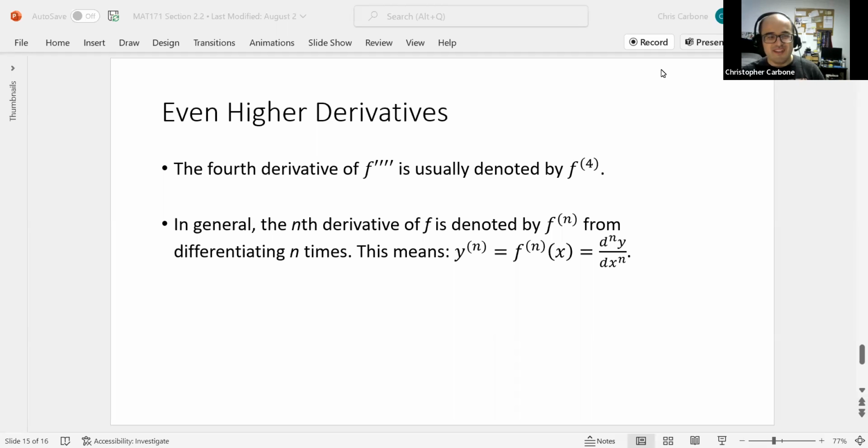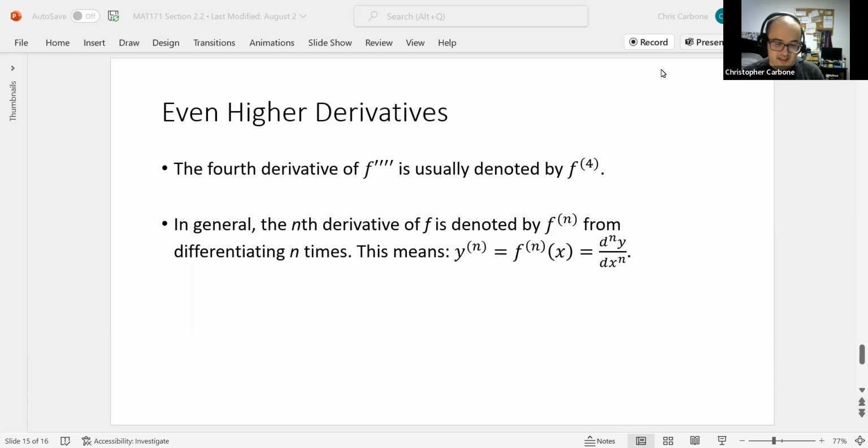Welcome to the fourth and last part of section 2.2, the derivative as a function. We just saw the third derivative. We could go even higher than that. The fourth derivative is f with 4 primes, but